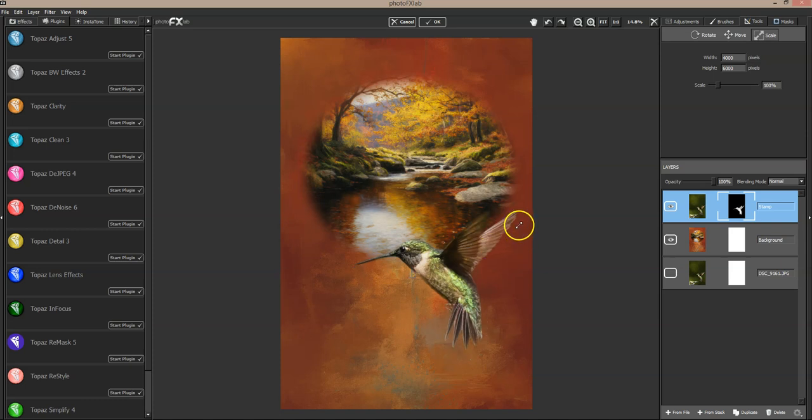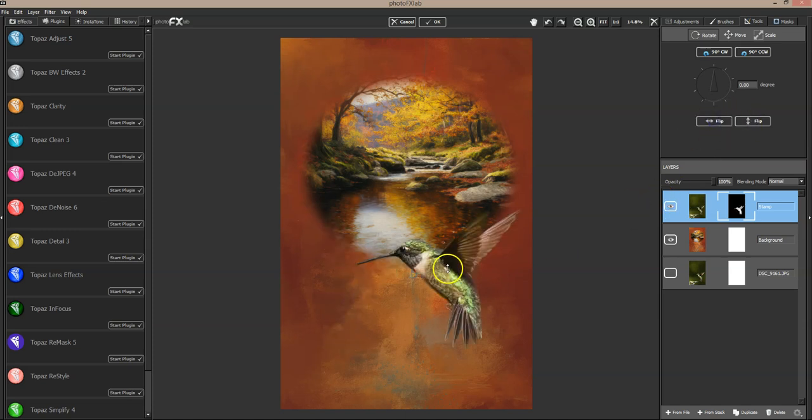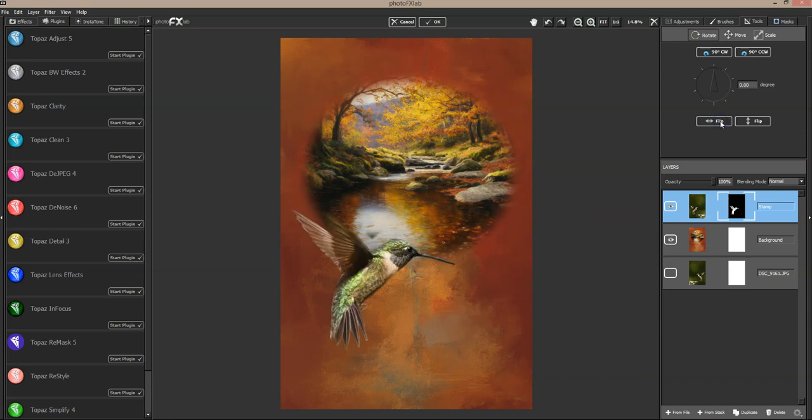I don't want his wing going off the edge. I can move the bird where I might want to. I can flip him around if I want him facing the other direction. Let me just try that. See, because when I do my birds, when I mask away my subjects, I like my subjects facing toward the left. I don't know if that's because I'm right-handed or what, but I like them facing that way when I do the masking, but sometimes they might look better in the design facing the other way, so I can just flip that bird layer. And keeping in mind this will be on a flag,